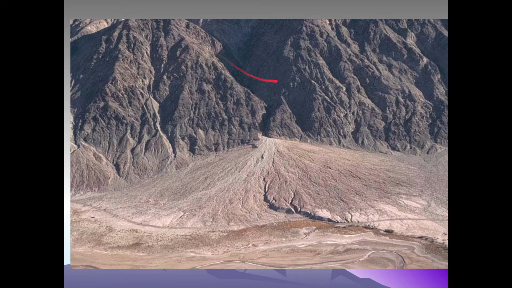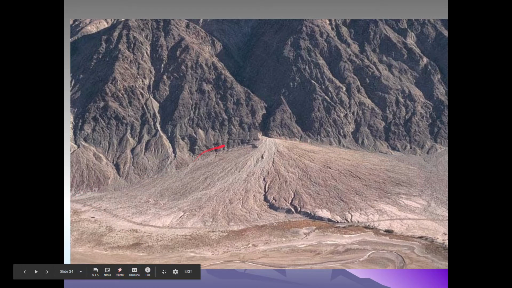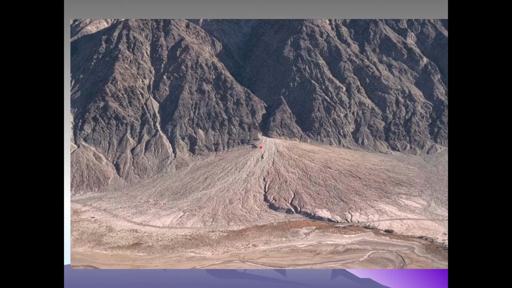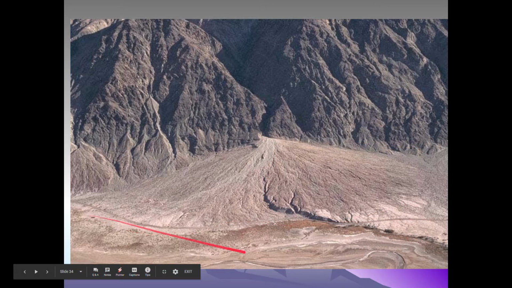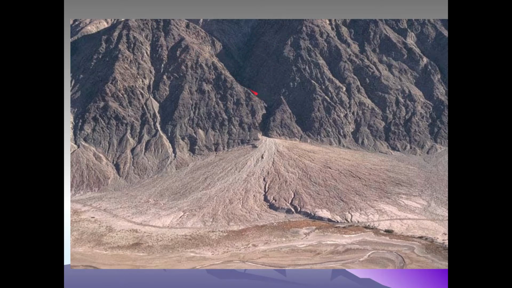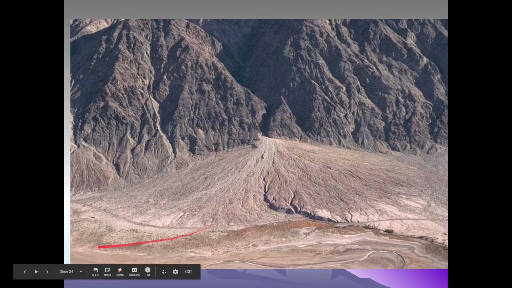Another depositional environment is called an alluvial fan. Alluvial fan, you'll find it in your book. It doesn't take much imagination to figure out what's going on here. This is a river coming down here, and that's actually a road along there. But here are these mountains. There's this valley right in here. This river is carving out this valley, and when it gets into the valley floor, it's not falling so fast, right? There's not so much of a slope here, and when it hits the basement of this valley, which is flat, all of a sudden the water slows down, and all of a sudden it just